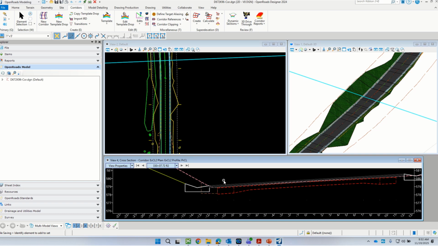So, okay, here's what you do. Here are the steps for showing the removal of the gutter. Now, like I said, you may be removing all of the gutter within this template, or you might just be removing from a certain station range. So we're going to set this up so you could really do either one. I'm going to click on template,